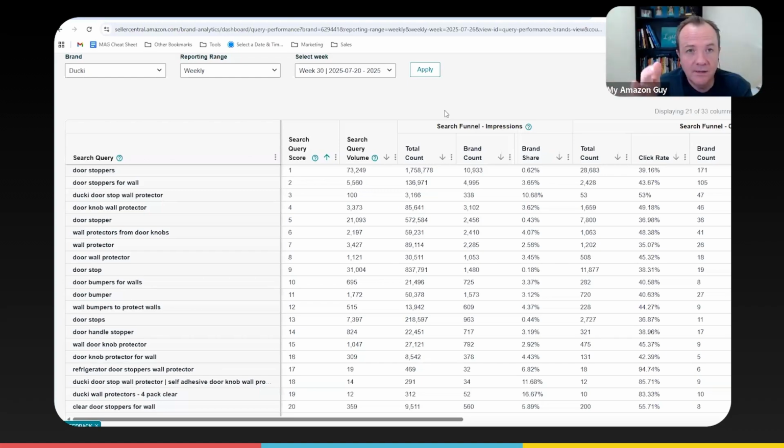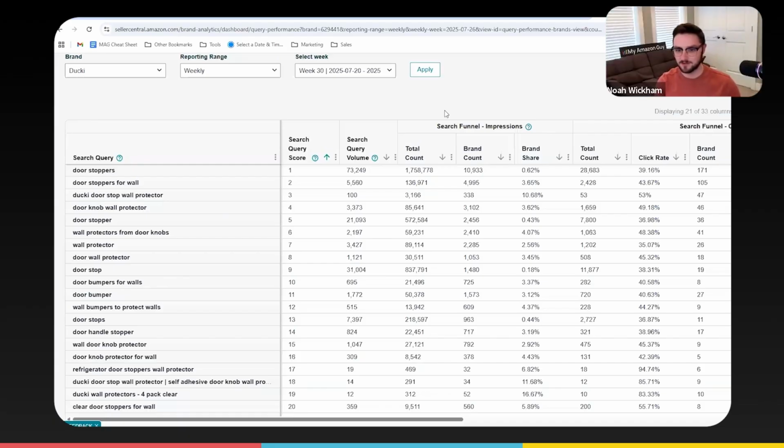Either get seen in organic search more or have more PPC impressions. Bingo. So essentially, when we are looking at increasing our impressions, that's our first aspect. We need to get more. If you see here within door stoppers, let's say we want to increase our overall impression share in door stoppers. We currently have about 0.62%, which honestly, from a brand share perspective, isn't bad,